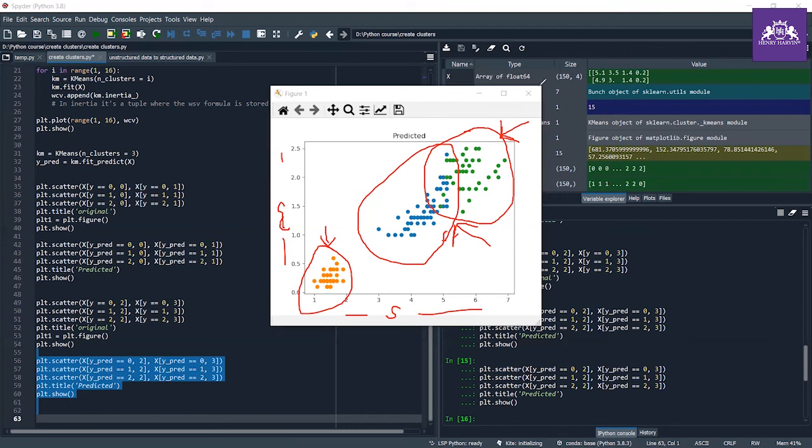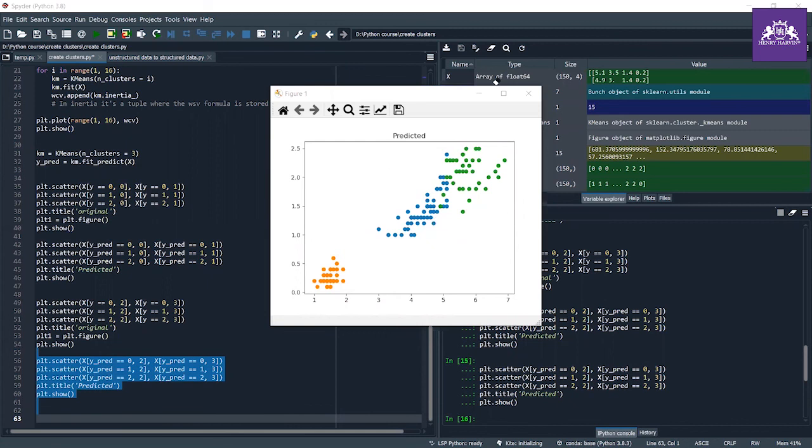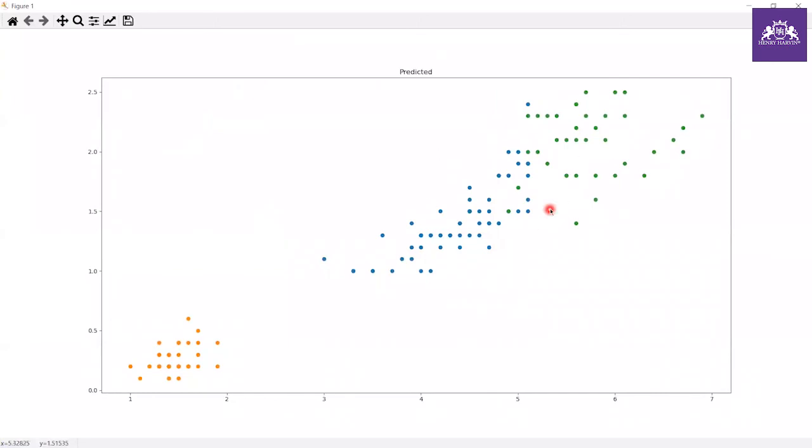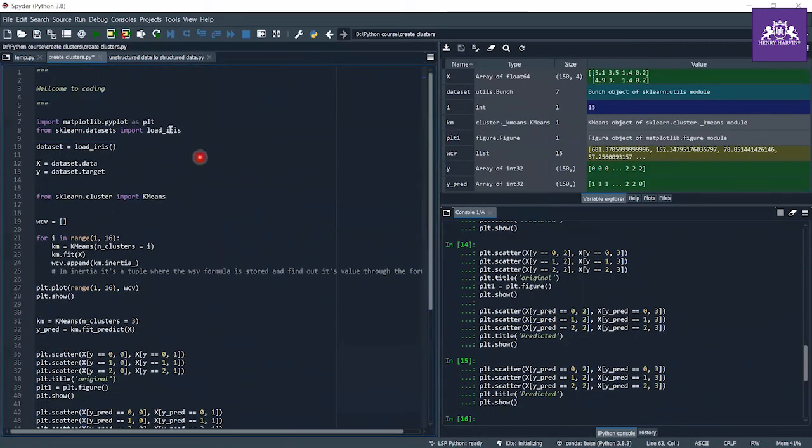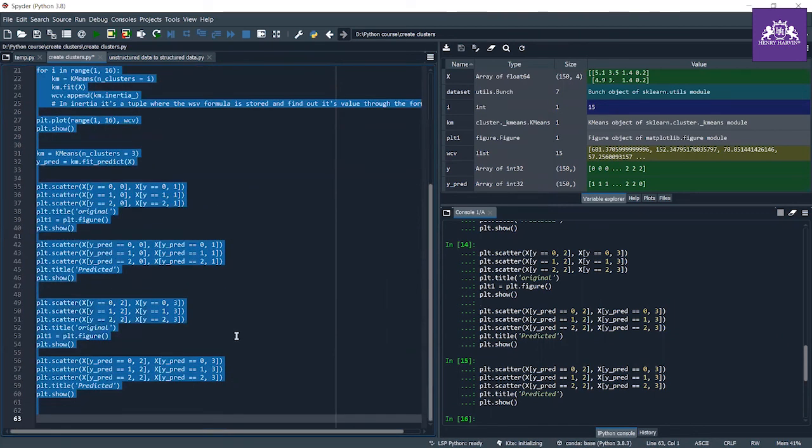And yeah, that's all for this. Don't assume this is customer data. It is iris classified data, but somewhat it looks like store data to me. You could also scatter plot store customer data like this. So I just explained it to you. That's all for today's session, where I told you about creating clusters and handling those clusters. And this is our file.